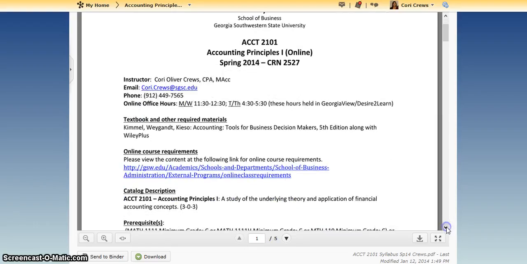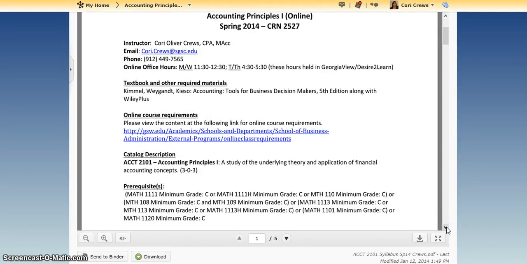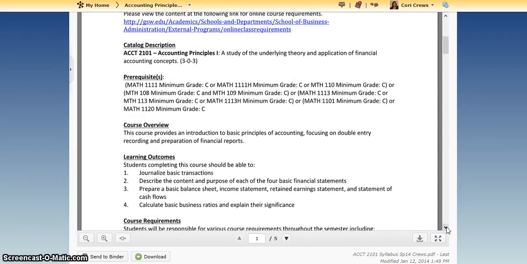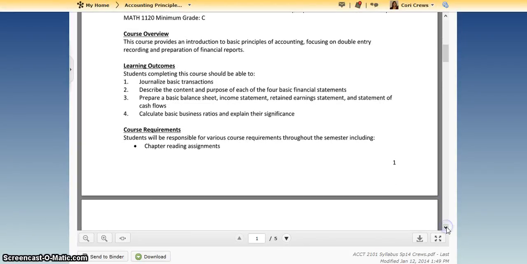So we've got your textbook information, giving you a link here for course requirements for online courses to make sure that you have everything and are aware of everything that you need to take an online course. So please click on that link and make sure that all of those things are met and you're aware of them. We've got your description, your prerequisites, the course overview, some learning objectives or outcomes for the course,